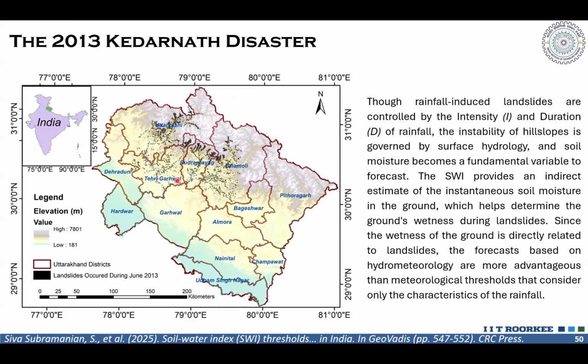We tried to collect some different hourly rainfall data sets of what might have happened between 15 and 17 June 2013 in Kedarnath, or also the other regions across Uttarakhand. You can see here, this is the inventory of landslides. There were more than 6,000 landslides all across Uttarakhand. So this is the Mandakini catchment, and Kedarnath is here. The biggest disaster, the 120 debris flows that we simulated in the earlier study, is here. And all across Uttarakhand, we had landslides at that time.